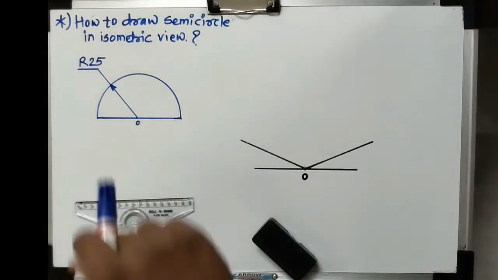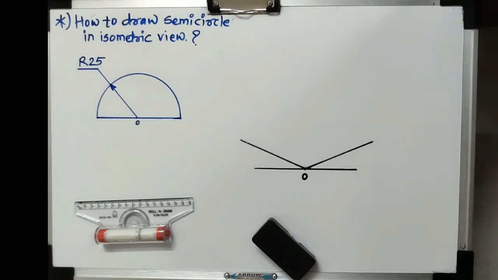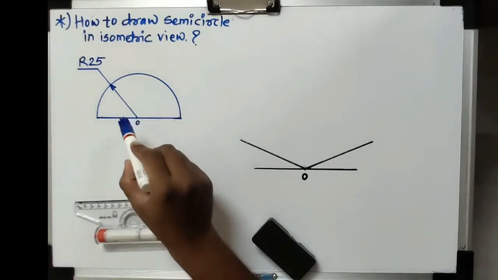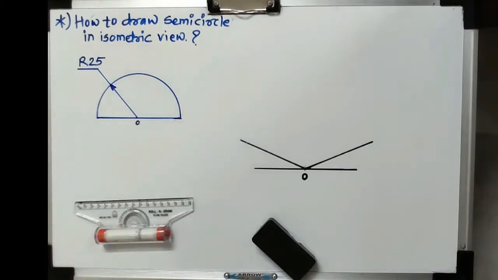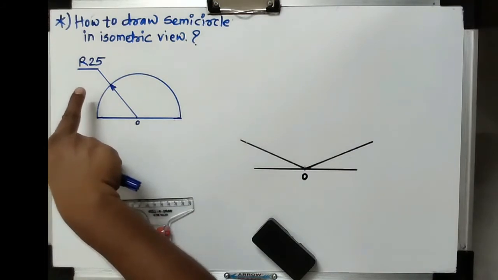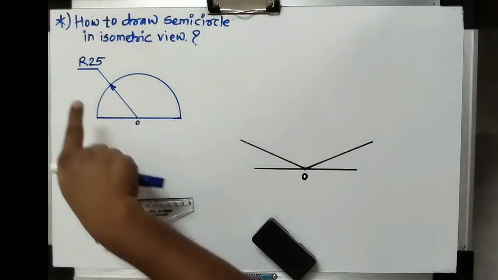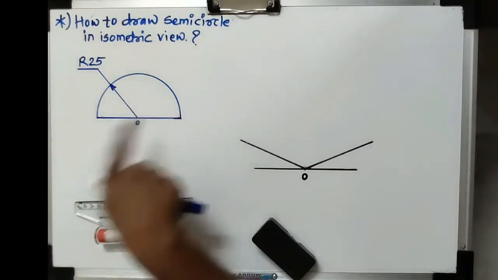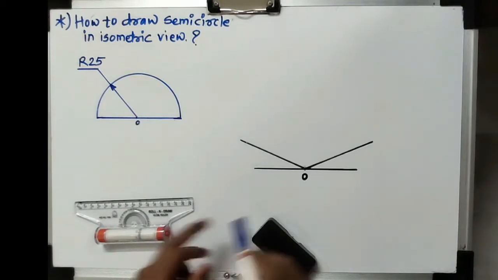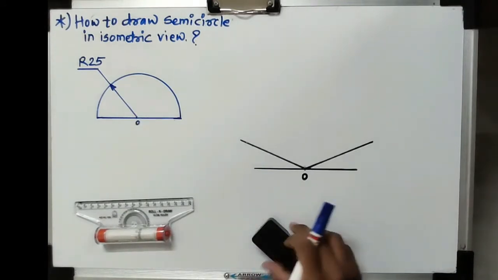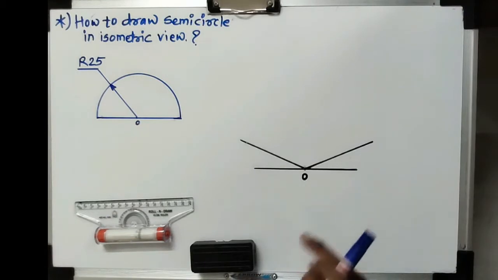So first of all we have to identify the dimensions which are given in the pictorial view, such as the semicircle is given and it is mentioned that the radius of this semicircle is 25 mm. Generally for the circle the dimension is given as 40 or 50, that is nothing but the diameter of the circle. Here it is given on the leader line that radius 25 is nothing but the radius of this semicircle.